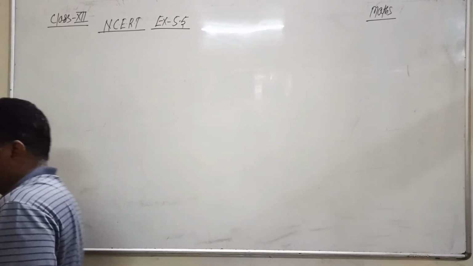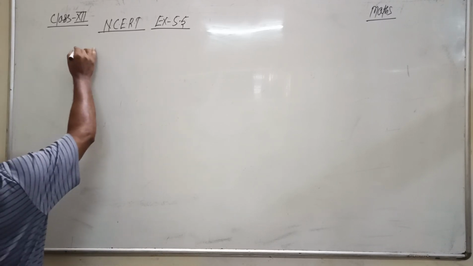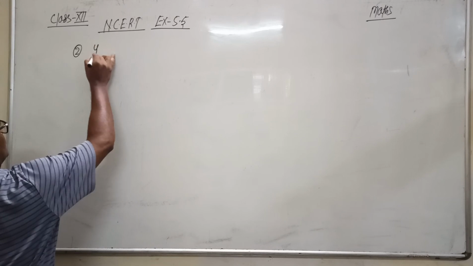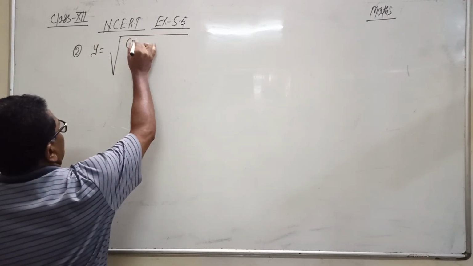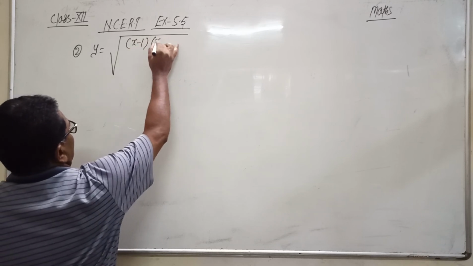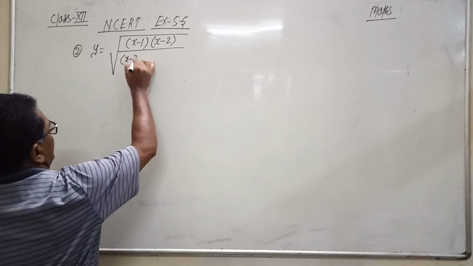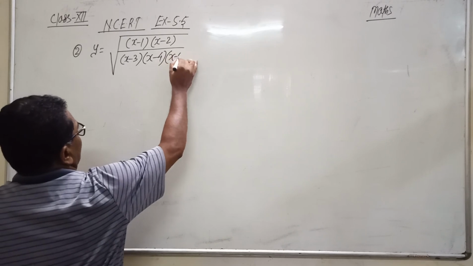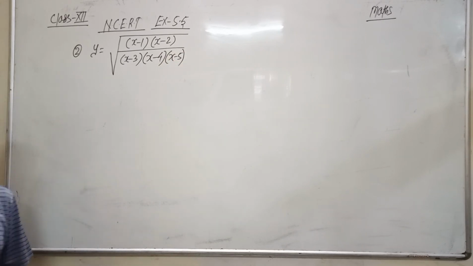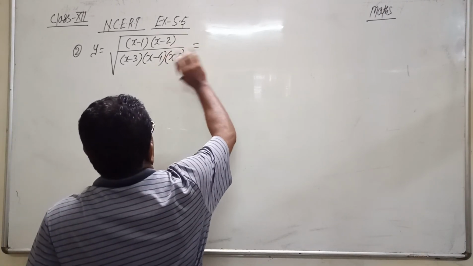Question number 2, y equals the square root of (x minus 1)(x minus 2) upon (x minus 3)(x minus 4)(x minus 5). So this is also a very complicated form. So firstly we will